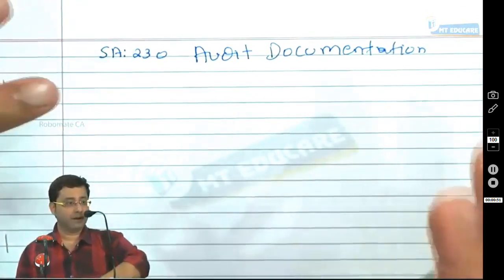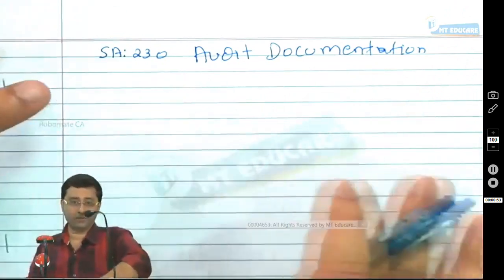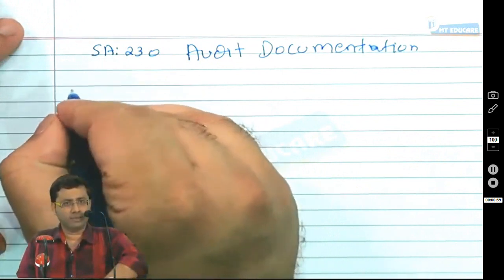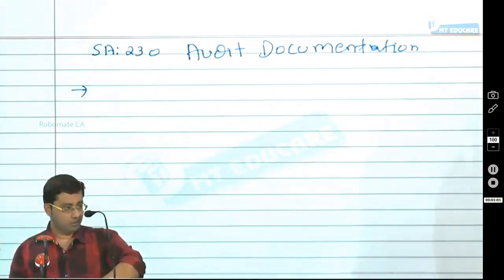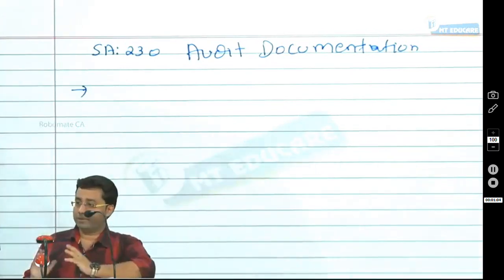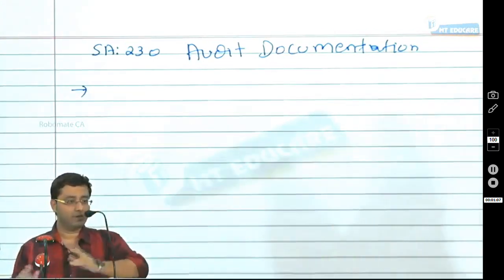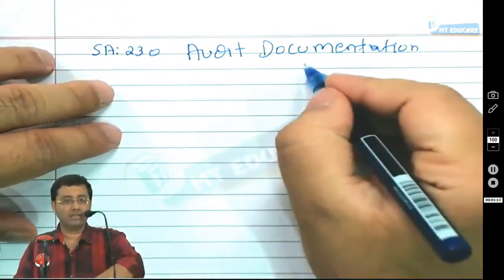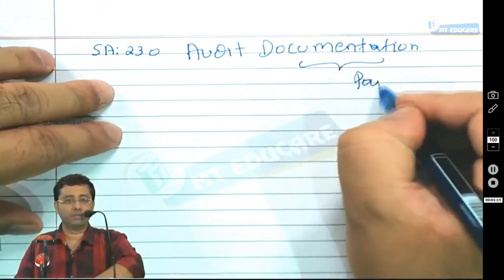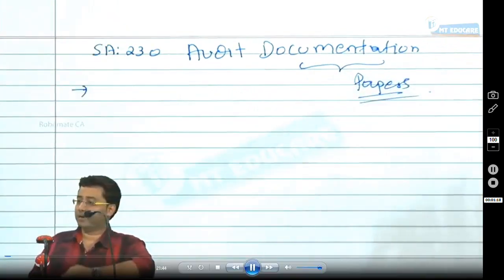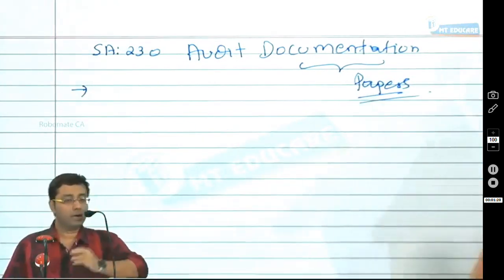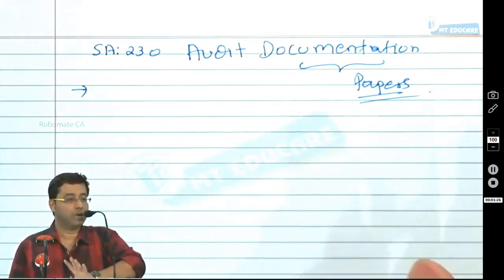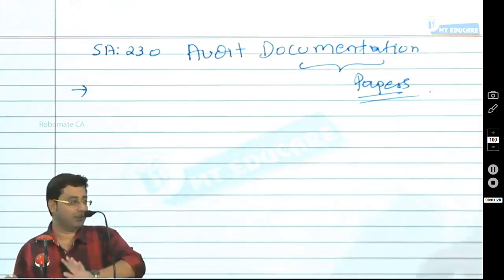Now, what is an examiner expecting you to write in this standard, and how to understand it? First of all, forget the examiner, how to understand this standard. Let me start with audit documentation. In the world of technology, we may reach heights. We may follow everything on computers and save our data on computers. But still, one thing is always going to be with us, and that is papers. As a chartered accountant, you will always work on papers. You may work on electronic papers also, but the data is first available in paper form.